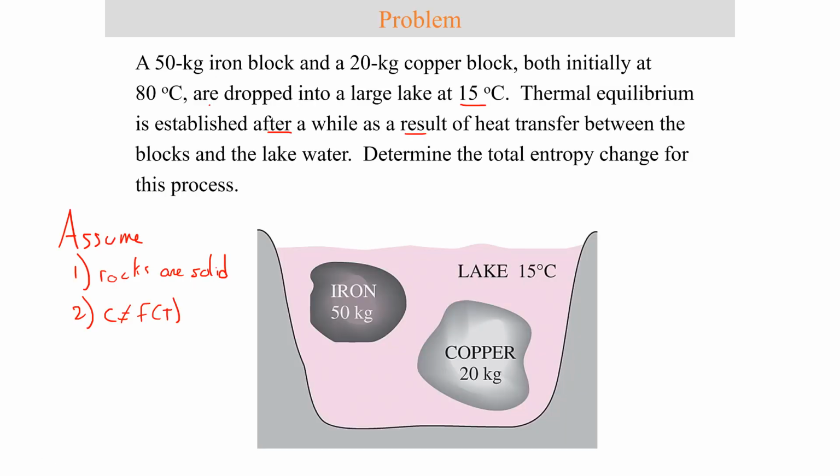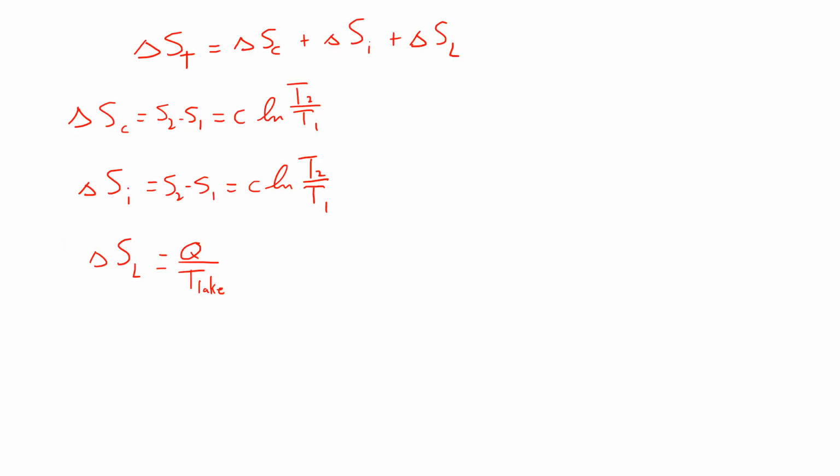Now, according to this problem, we're given that the blocks start at 80 C and they go down to 15 C. So we have the initial and the final temperature of each of the blocks. So if I wanted to actually get the total entropy change, I would have to include mass into this equation as well. So I have for the copper block, the mass is 20 kilograms. The specific heat is given in the problem statement as 0.386 kilojoules per kilogram Kelvin times the natural log of the ratio of the final temperature in Kelvin divided by the initial temperature in Kelvin. And that gives you